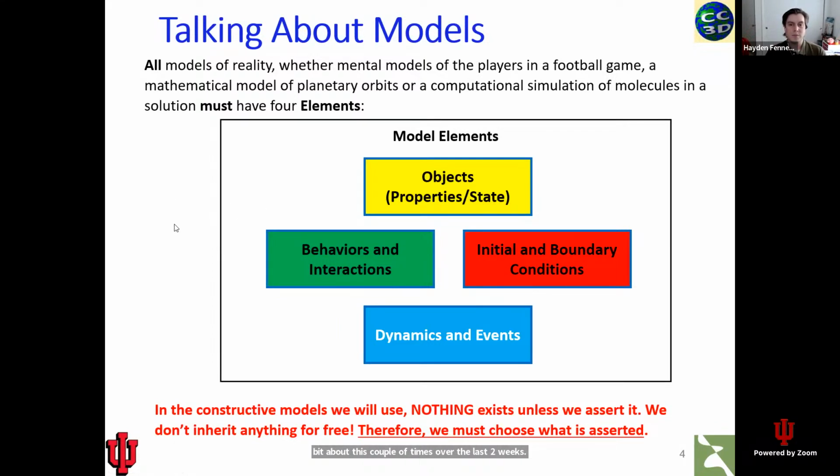And we have this sort of framework that we've presented of this idea of models consisting of 4 different groups of elements: objects, behaviors and interactions, initial and boundary conditions, and dynamics and events. I'm not going to go too deep into the philosophy of this again today. I just wanted to bring this up as a refresher, because the main point here is that when